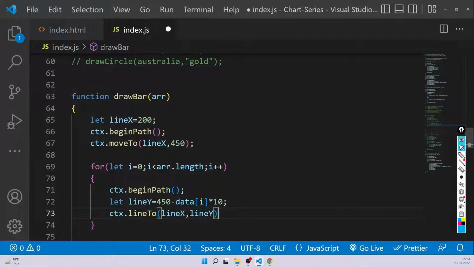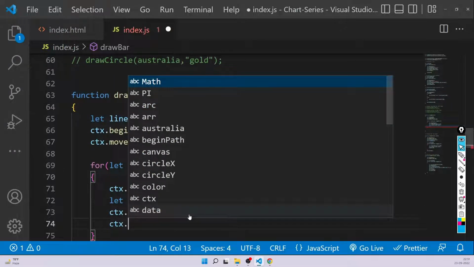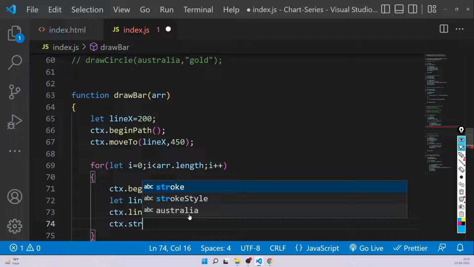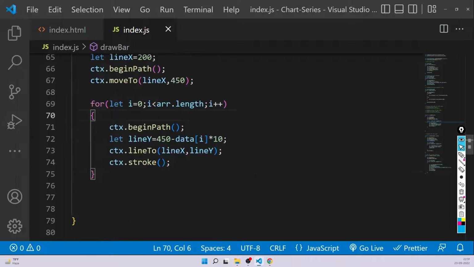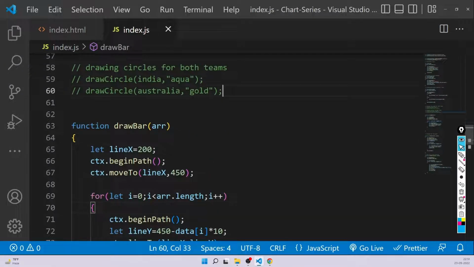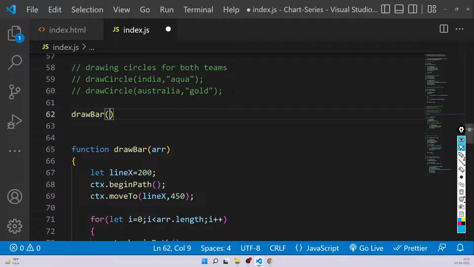Now if I do this, it will also generate the line graph because it's the same code, right? It is the exact same code. So if I just do this, it will generate a line graph. You can see that. If I do this, it will simply generate a line graph. So if I call the draw bar now, so let me call it draw bar and pass my India data, in that case, you'll see,